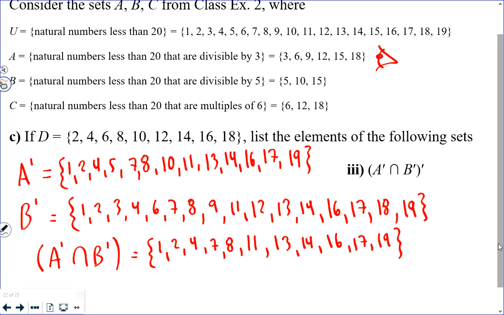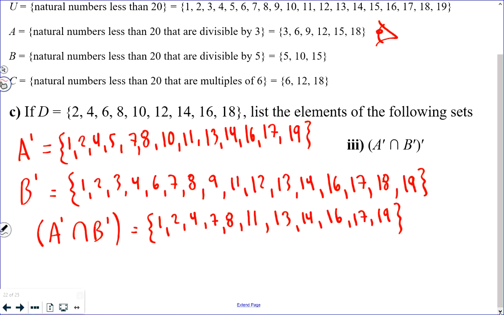I'm looking for numbers that are common to A prime and B prime, because that will be the intersection of A prime and B prime. 1, 2, 4, 7, 8, not 9, not 10, 11, 13, 14, 16, 17, and 19. So if that is the intersection of the complements of A and B,